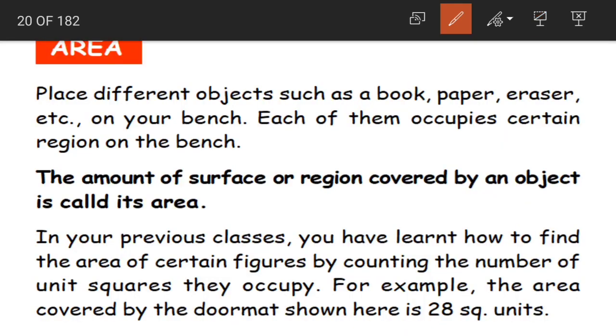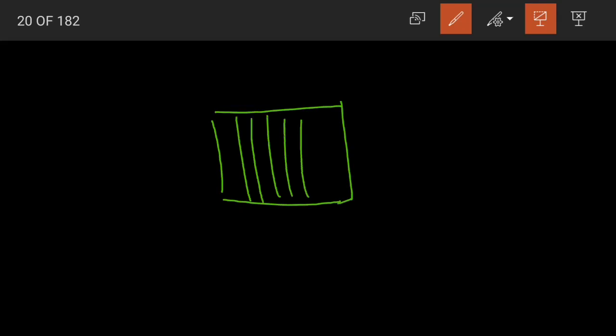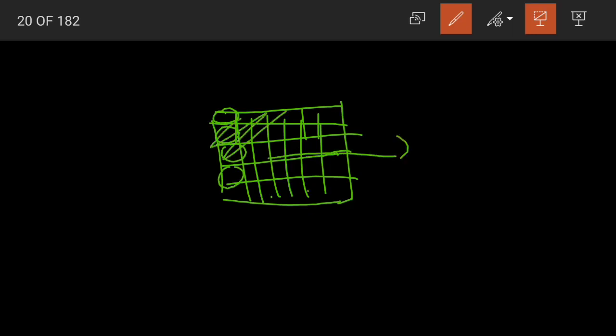Now why do we need to learn about this perimeter and area? Is this anyway useful for us? Is it useful in our daily life? Yes. Suppose again, I have a room in which I want to place so many tiles, or I want to paint the whole room. Understood, children? I want to place tiles like this, square shaped tiles. Now to find out how many tiles I need, I have to find out the area of this room. Yes, depending on the area, I will be able to find out the number of tiles I need to place